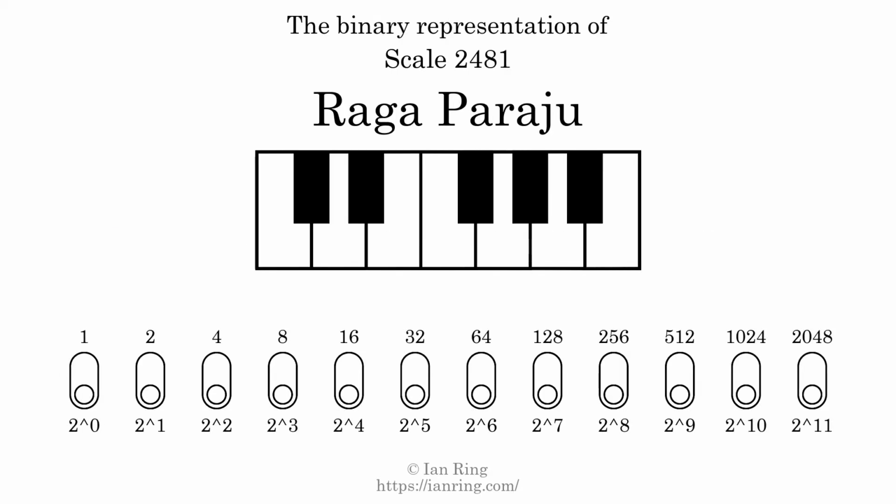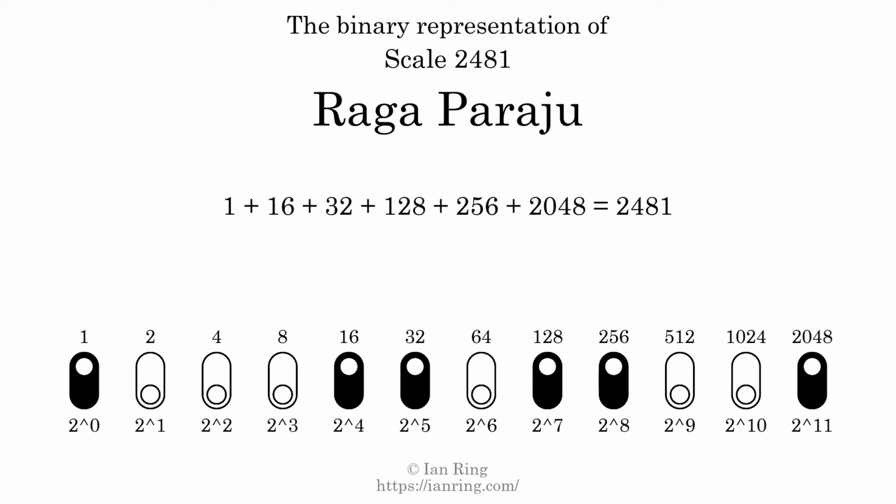The binary representation of this scale is determined by mapping tones of the scale to binary digits. Each binary digit represents a power of 2. To get the scale number, we add the powers of 2 together. The powers of 2 that are present in the scale, all added together, equals 2481. That is why the scale number, in decimal, is